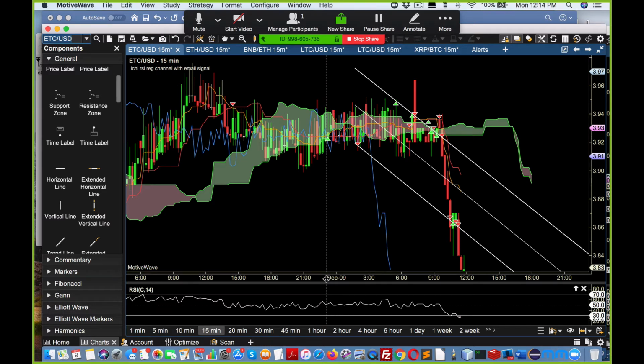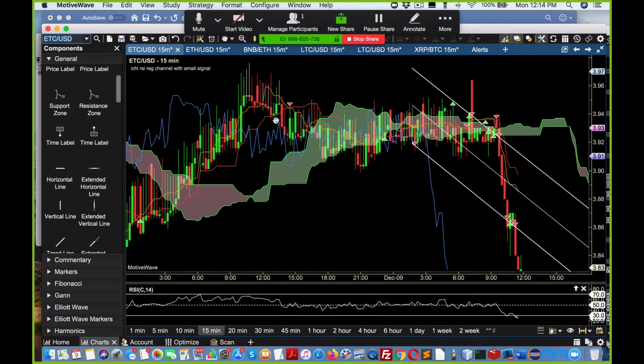But again, here you can see an entry here. But this is where I get a little scared of these kinds of pairs, because just look at the extreme wicks that get generated on this 50-minute chart. To me, these are very hard conditions to trade in. You can see here we have an entry here, but what would have happened was, guess what? We have no exit. So here we have an entry, or sorry, an exit, but looking for the entry